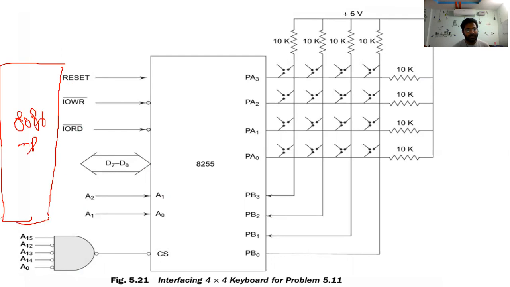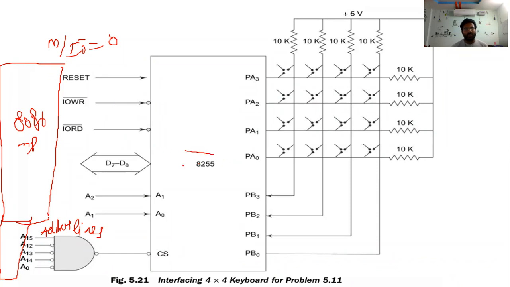These numbers are also microprocessor pins. These are the address lines. You know reset, IO read, IO write. In this case the M/IO bar pin is equal to which one, 0 or 1? It is 0, because we are going to connect an input output device. This is the data bus. These are A1, A2, IO read, and the CS bar lines, which form the read or write control logic.